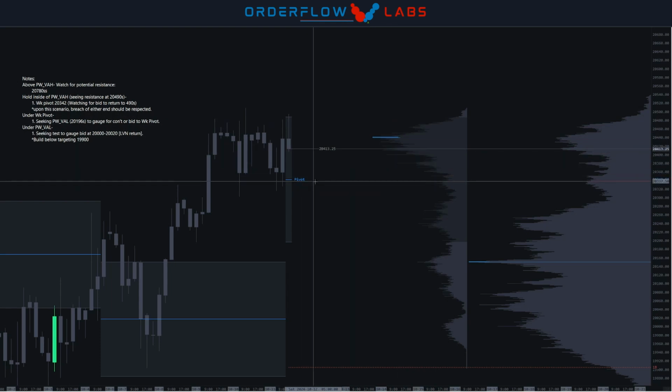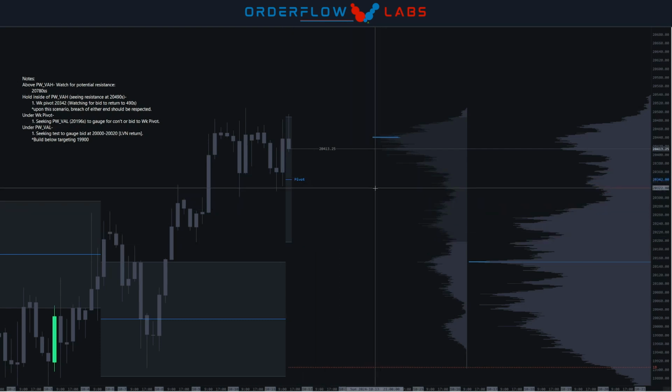Okay, so if we push down first, we're not outside of previous week's value area high. Watch this here around the 40s for a push up into the 490s up here on top of the profile. If we do give up the weekly pivot, I want to see us push down into previous week's value area low, which is 20,196 range down here, to gauge for continuation or a pause and an exhaustive look on the intraday aspect for a push back up into the weekly pivot to test back and see, do we want into this distribution or not? And so testing back up into the high volume edge, if we find bid down here,